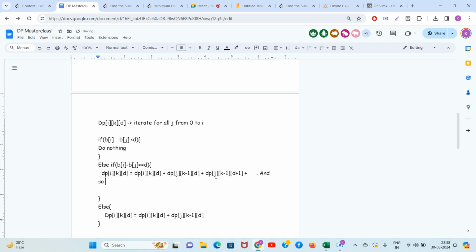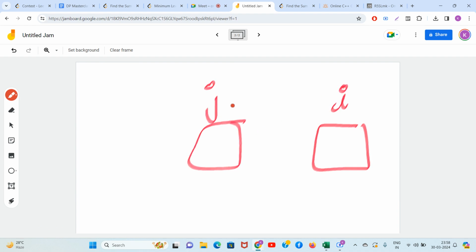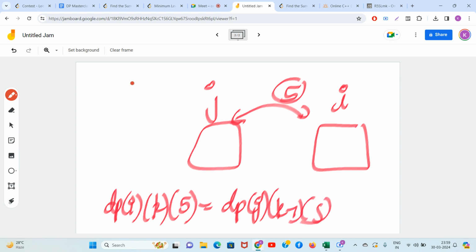Vinith and Pooja, did you understand what's happening? Basically I am saying that if this is i and this is j, the difference is 5. So dp of i of k of 5 is nothing but dp of j of k minus 1 of 5. Whatever was the best answer of these, the number of sequences which are having the difference as 5,